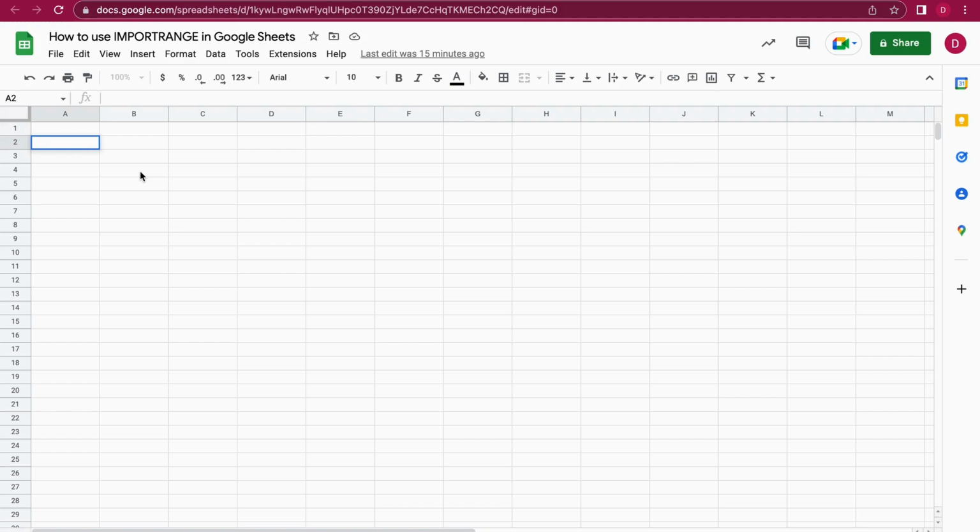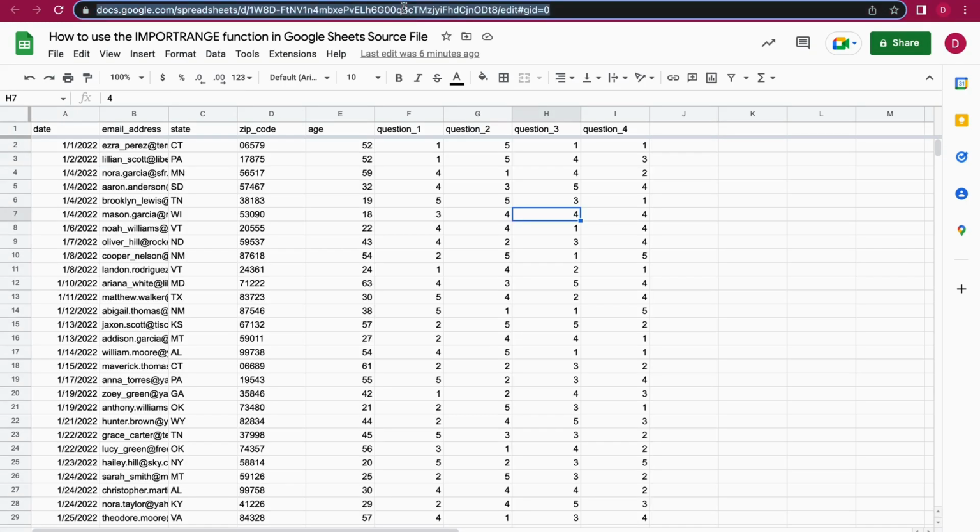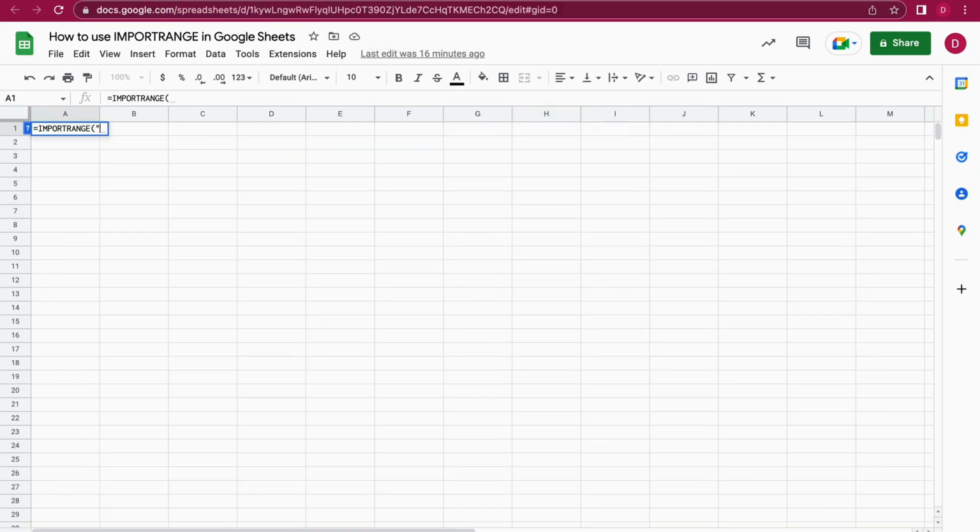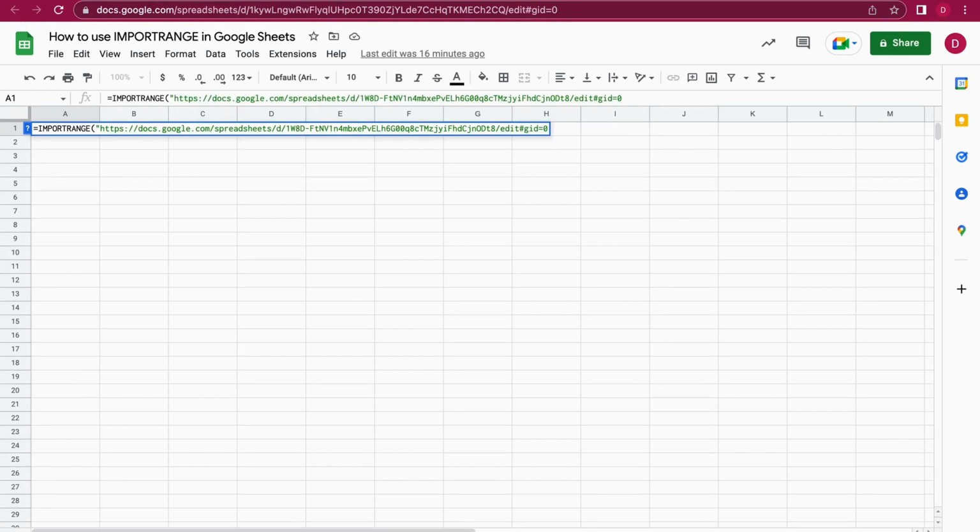Okay, so let's get started with the import range function. As I mentioned, we start with the equal sign and then we write import range. We can click on it. Then the bracket is already open and now we need the URL. You can find the URL here in the address bar. So I'm just copying that, Command C, or Control C if you are on a PC. I'm on a Mac. I add quotation marks, I paste that in and I close the quotation marks,